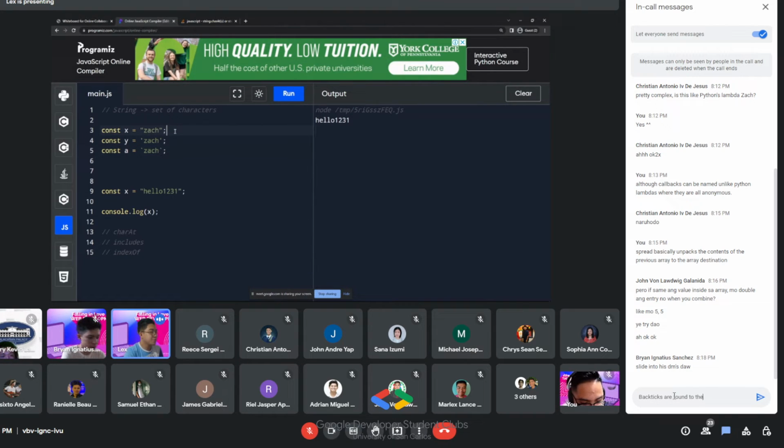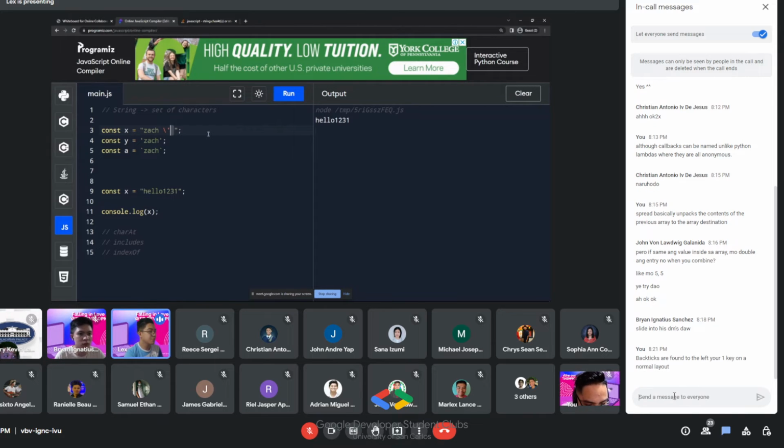So what's the difference between double quotation and single quotation? These two are the same, basically, but they allow you to not escape this thing. You don't need to do something like this. Instead of your double quotations, you can just write them instantly. Zach's mansion. And then for single quotations, you can do something like Zach